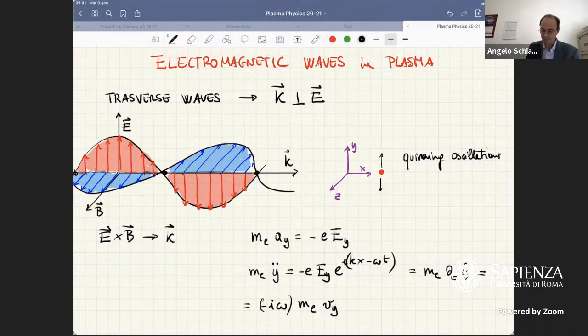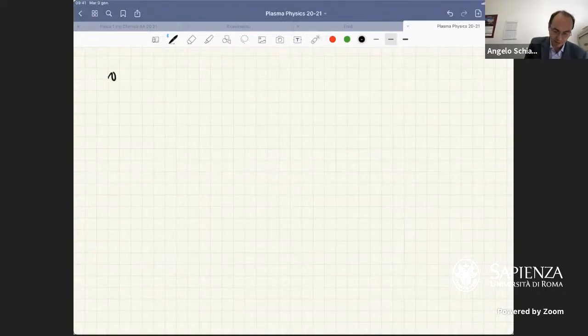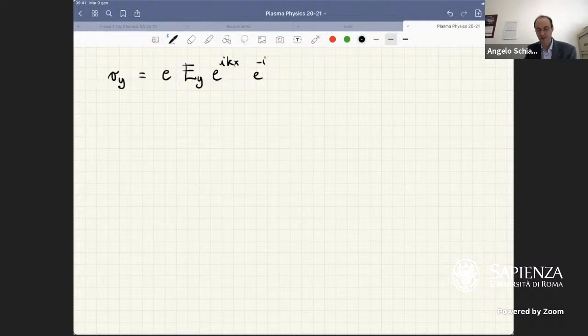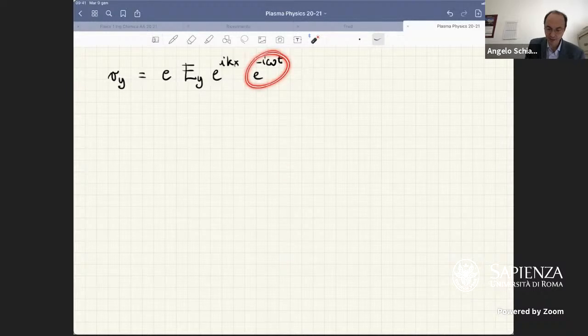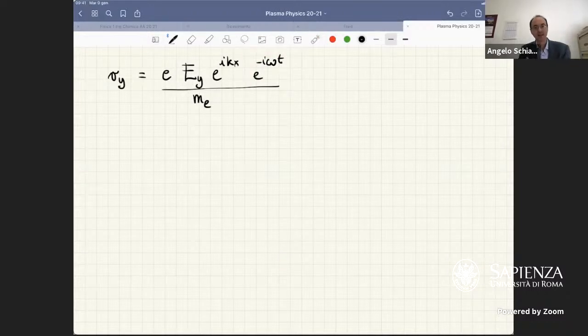So by putting everything together, we can write that the velocity of the electron is equal to e, the charge of the electron, times the amplitude of the electric field times e to the i(kx minus omega t), where I split the part of spatial propagation and temporal evolution, divided by the mass of the electron